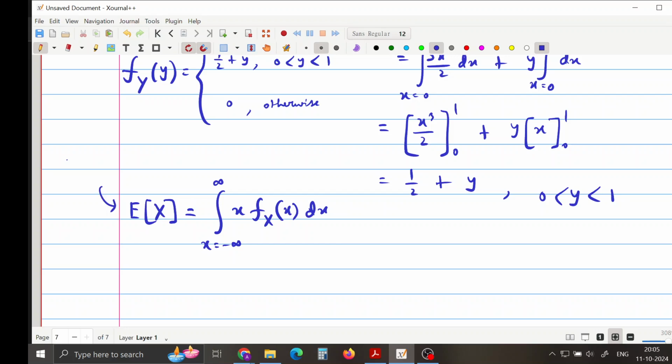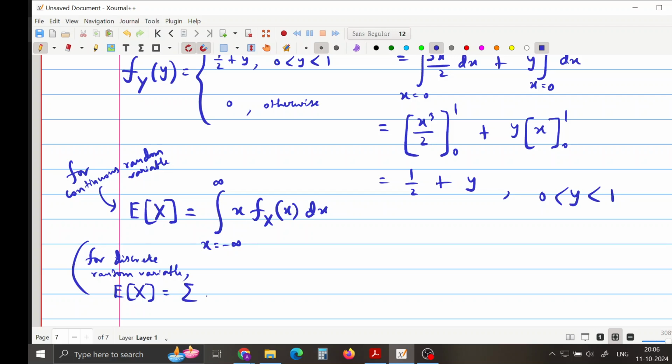This is for continuous random variables, and for discrete you can very well guess, I think I have already mentioned, expectation of x would have been summation instead of